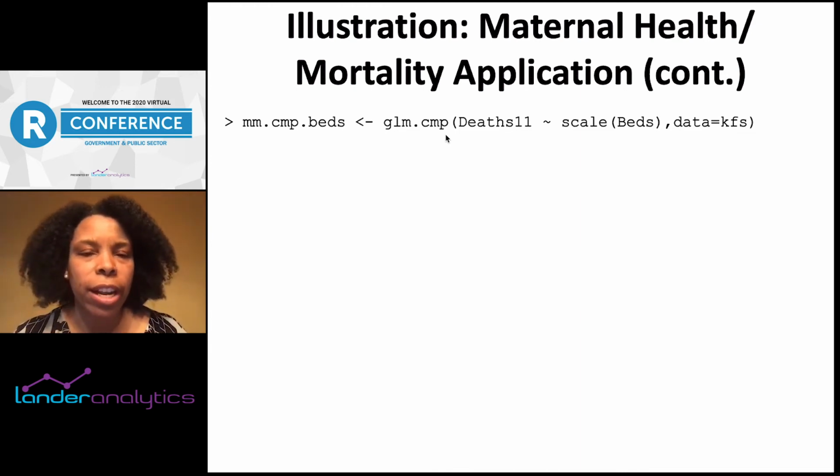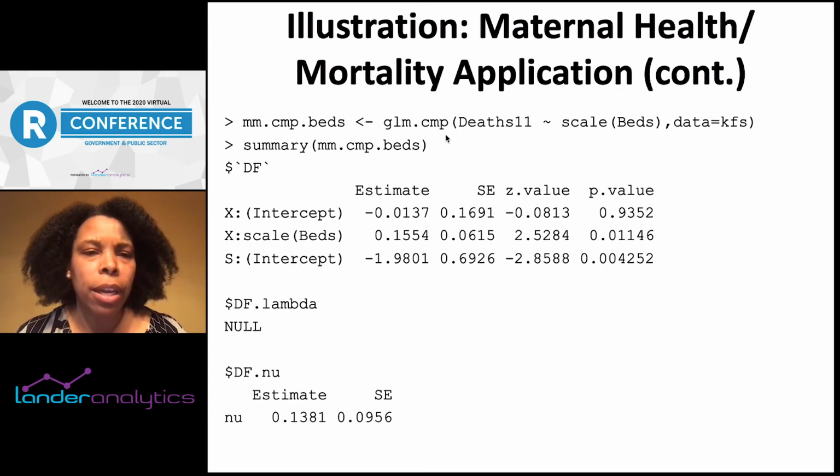Here I'll illustrate a simple regression to associate the number of deaths with the number of beds. And so when we run a summary of the model output, you get what you would expect,